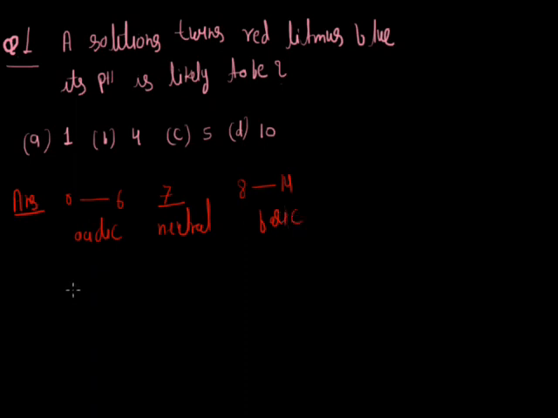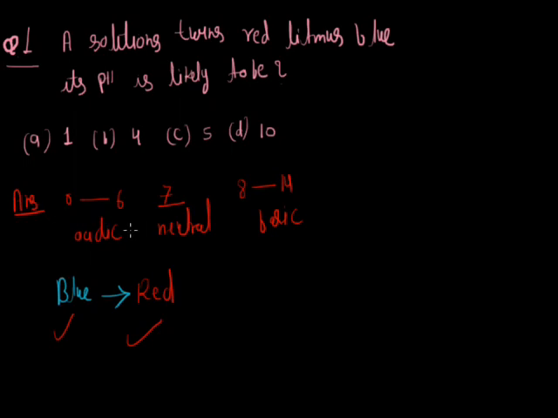And another concept is, if we are dealing with an acidic solution, then for the acidic solution the litmus behavior is that the acid turns blue litmus paper into red, blue into red. So if we have an acidic solution, then the acid solution turns blue litmus into red, and for the acidic solution the pH must be between 0 to 6.